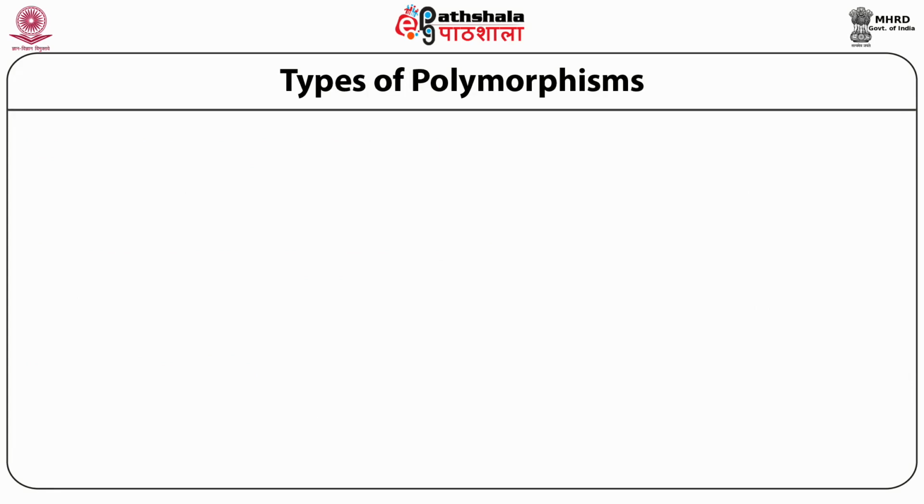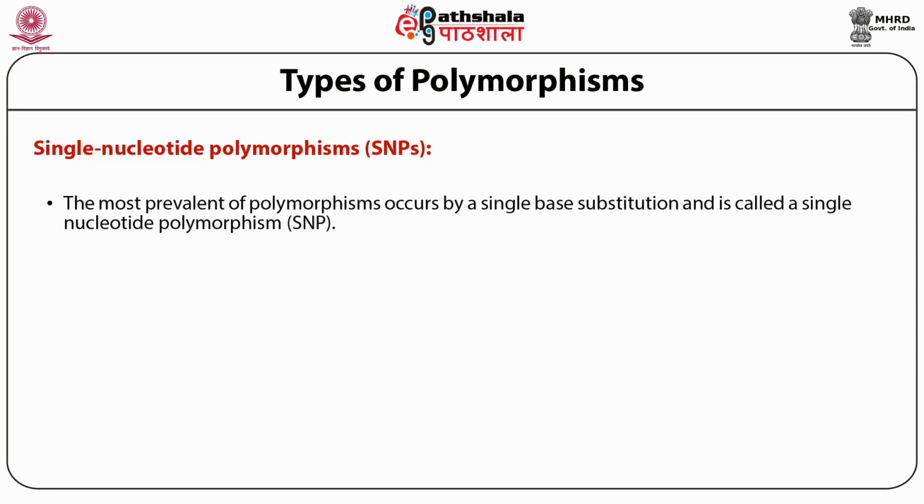Then we have the types of polymorphisms. First is single nucleotide polymorphisms, that is SNP. The most prevalent of polymorphisms occur by a single base substitution and is called a single nucleotide polymorphism, that is SNP. In most cases, a SNP, pronounced snip, has two alternative forms, that is alleles,